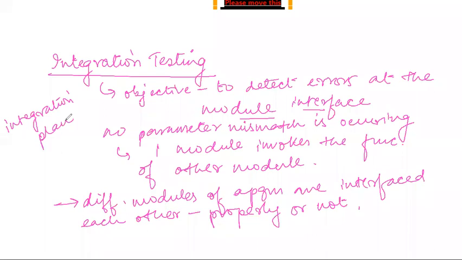This integration plan specifies the steps and the order in which the modules will be combined and the full system will be made up, and then we can test the system. After each integration step, module by module, we interface. Suppose we perform integration testing on one module, get some result, then combine it with another module. So after each integration step, the partially integrated system is tested.